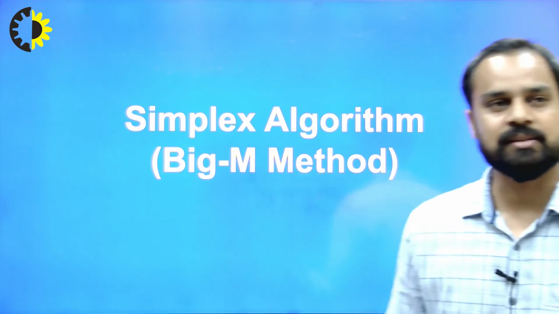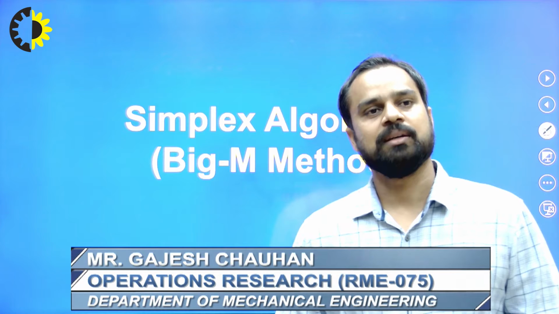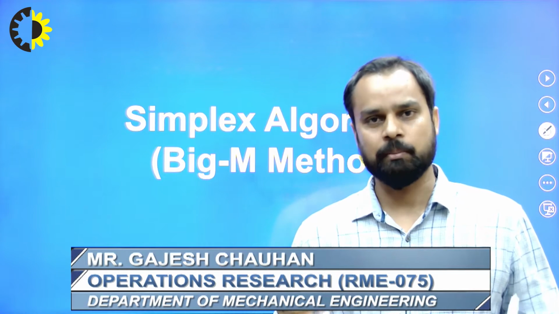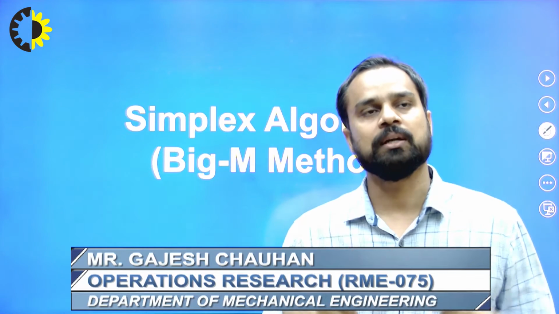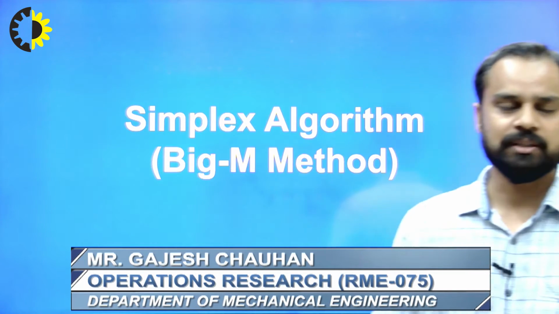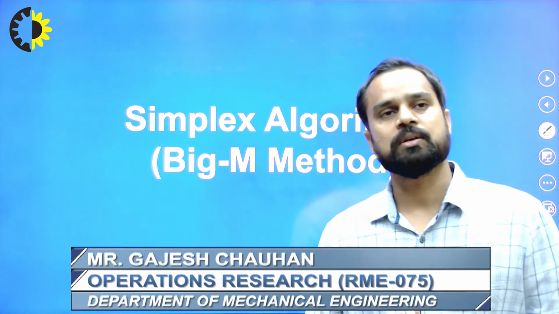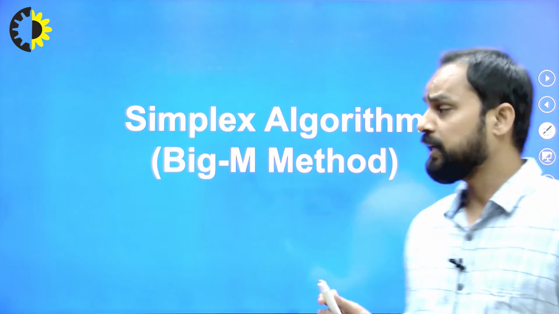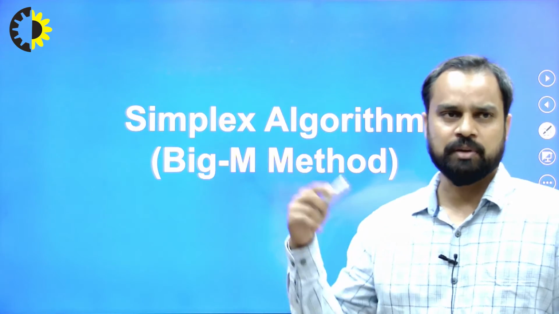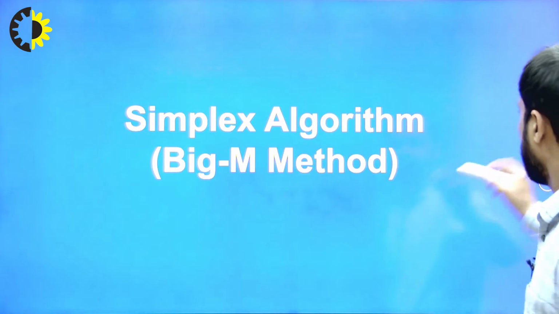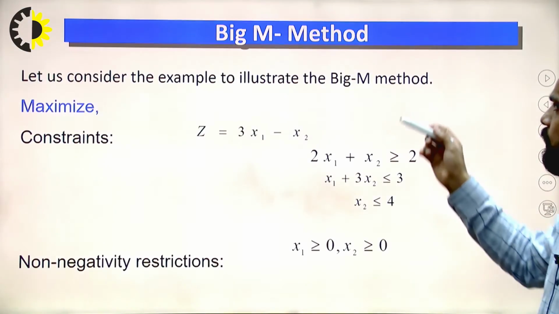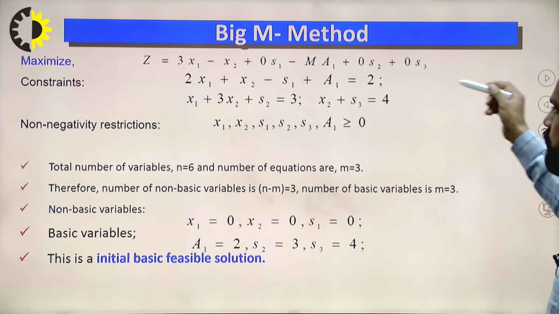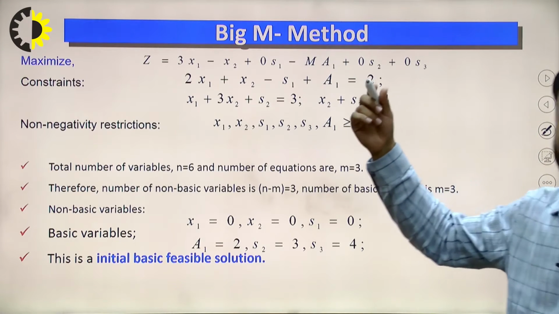Okay, last time we discussed the simplex algorithm, and in it we dealt with the big-M method. Generally, I told you when we can use this big-M method: it is used when the constraint is of greater than or equal to type, right? So, a brief introduction so that we are able to reconnect to the last video lecture. This problem related to big-M we saw last time, and this is how we can solve a problem with the help of the big-M method.